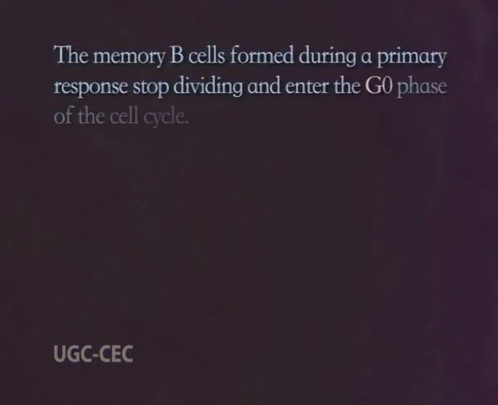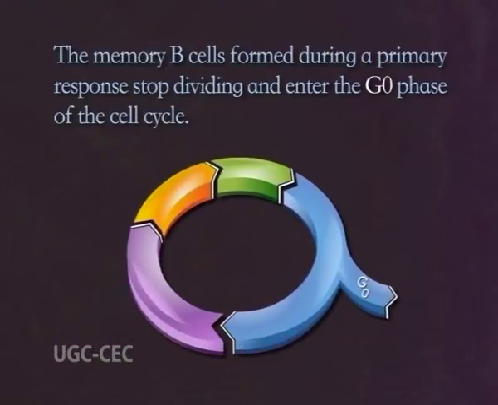The memory B cells formed during a primary response stop dividing and enter the G0 phase of the cell cycle. These cells have variable lifespans, with some persisting for the life of the individual. The capacity to develop a secondary humoral response depends on the existence of this population of memory B cells as well as